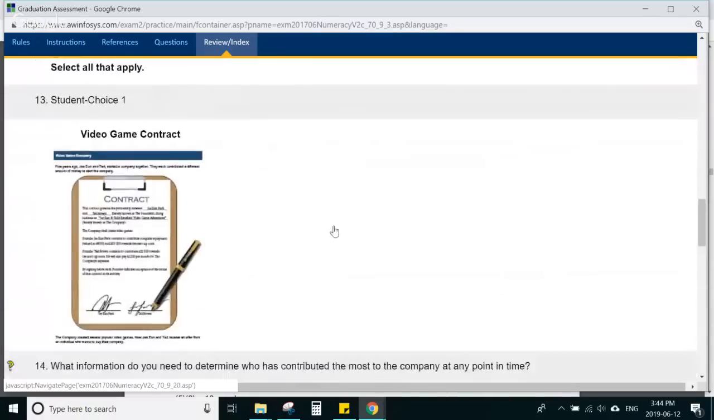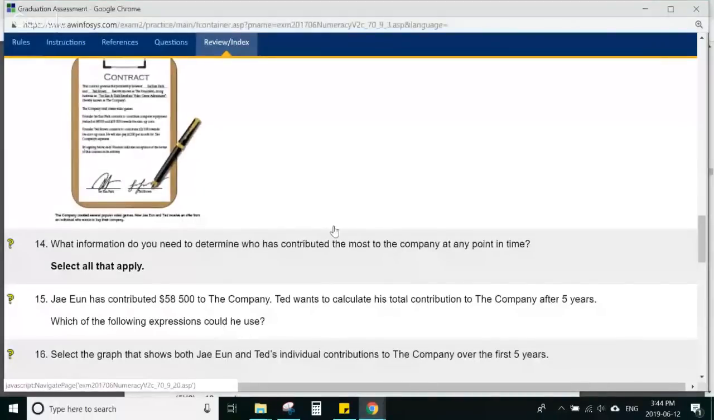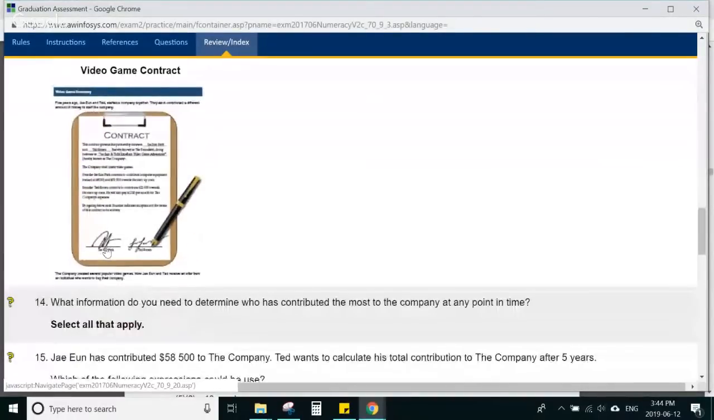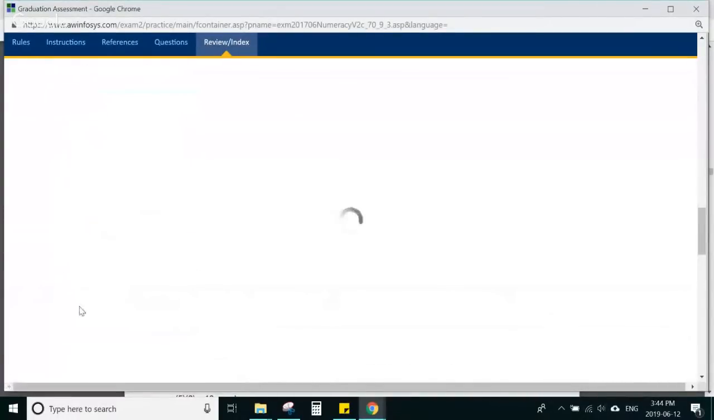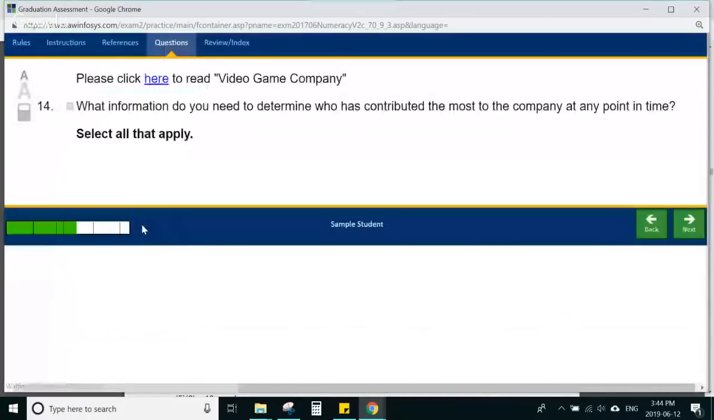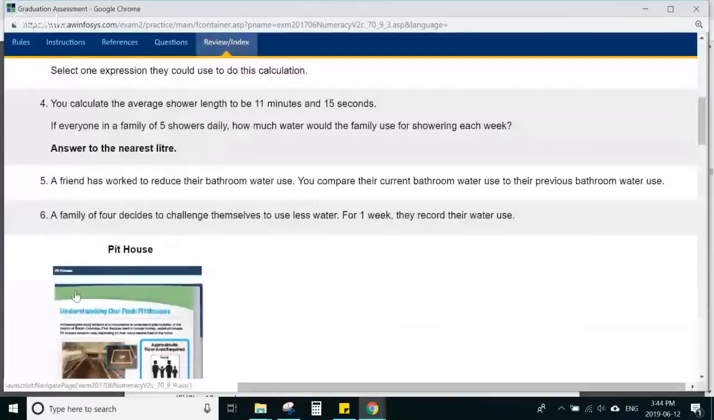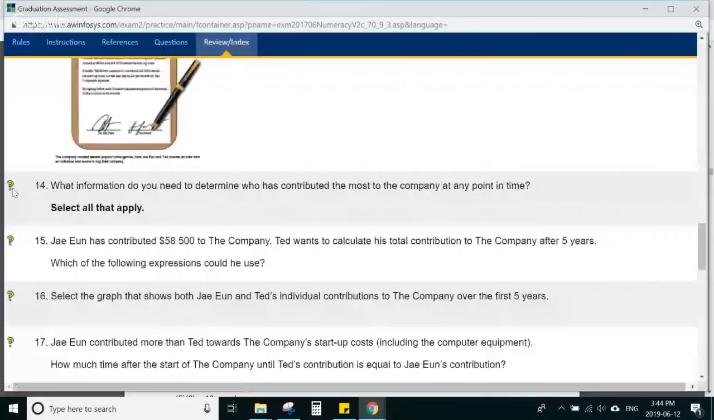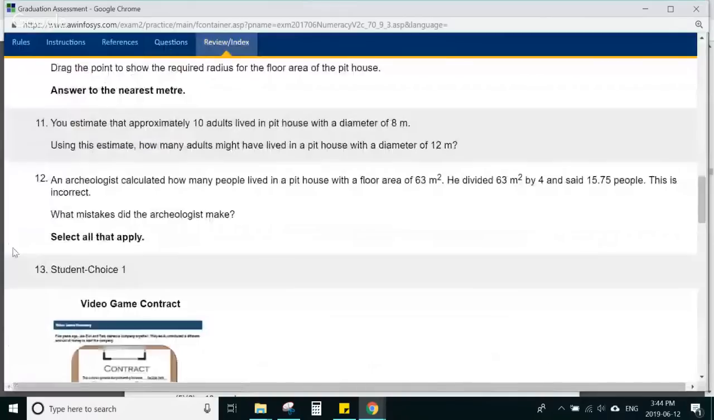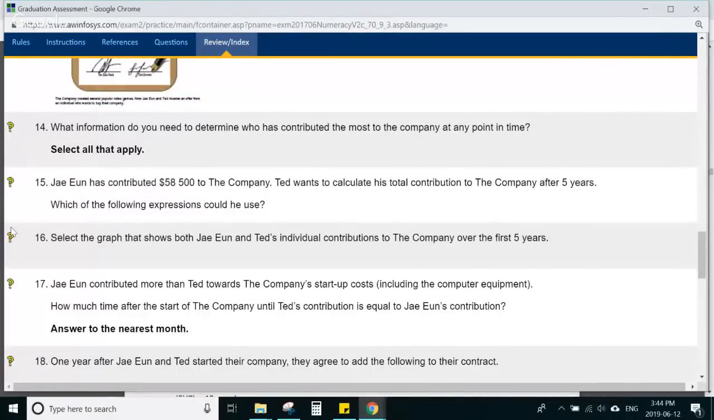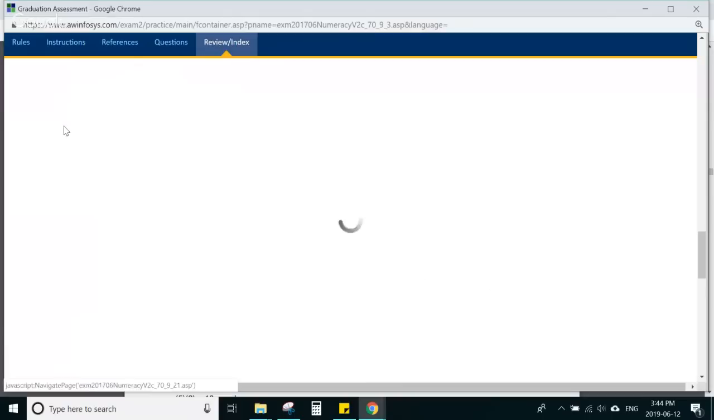Now, I said I wanted to talk to you about flagging a question. After student choice 1 is the next question on video game contracts. If I click on question 14 here, notice that I have a little question mark beside it in my review index. The question mark means that I haven't answered it yet. Notice all these ones have question marks. They're gone. They've disappeared. These ones still have question marks because I haven't answered them yet. So when I click on that,